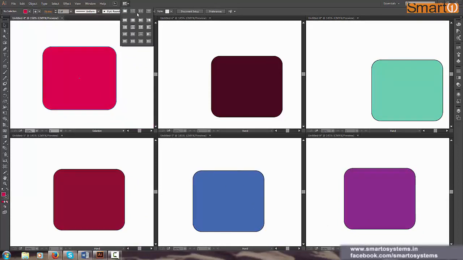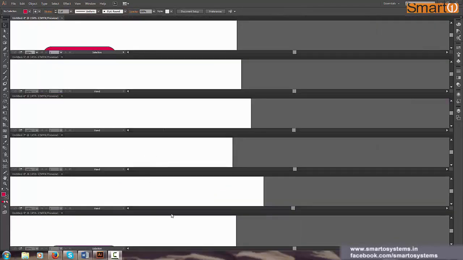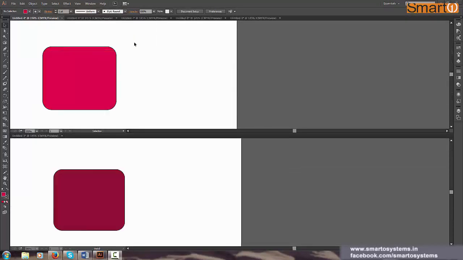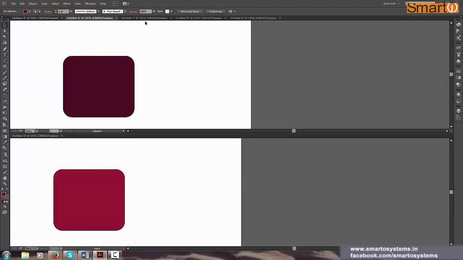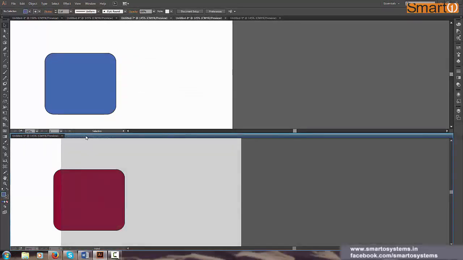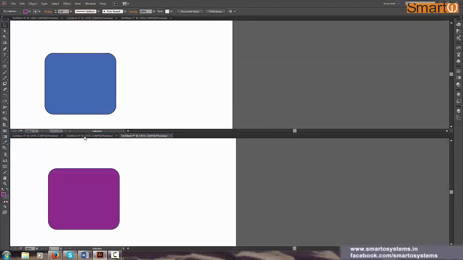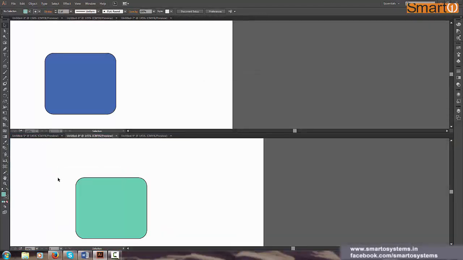So like this, there are so many styles. If you want vertical columns, so these are vertical columns. If you want horizontal, then these are horizontal columns. And if you want only two files at a time, this will show you two files at a time. So one is this, and I think you can drag and drop your tabs from here and here. Yeah, so you have the two sets of files now.